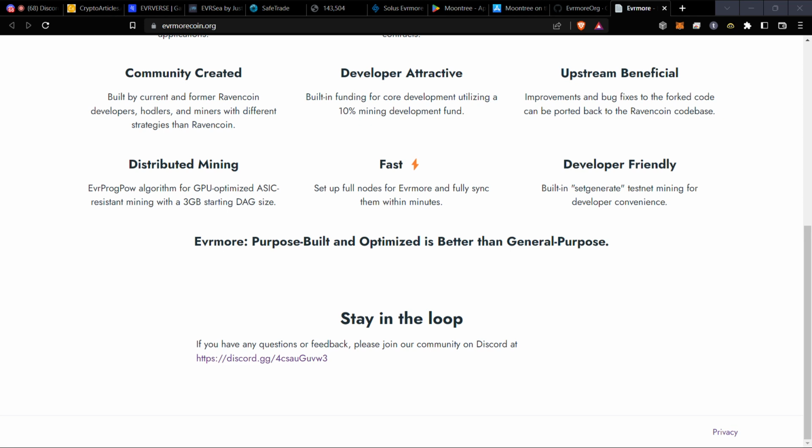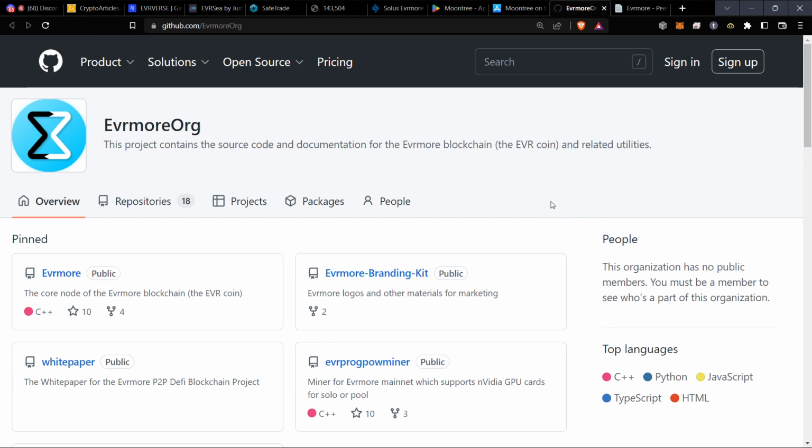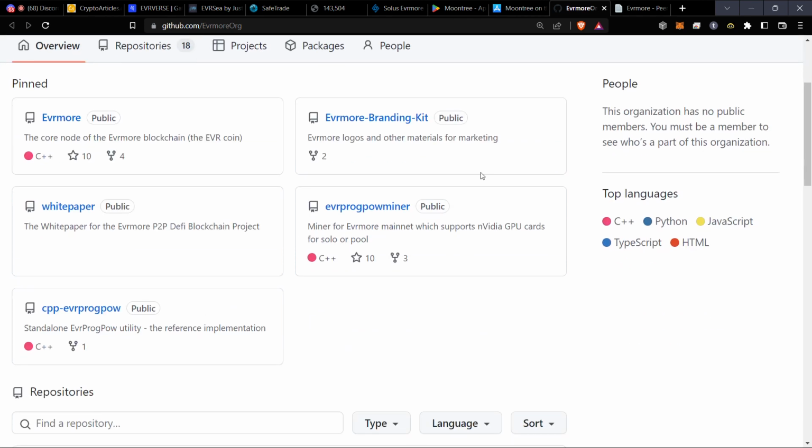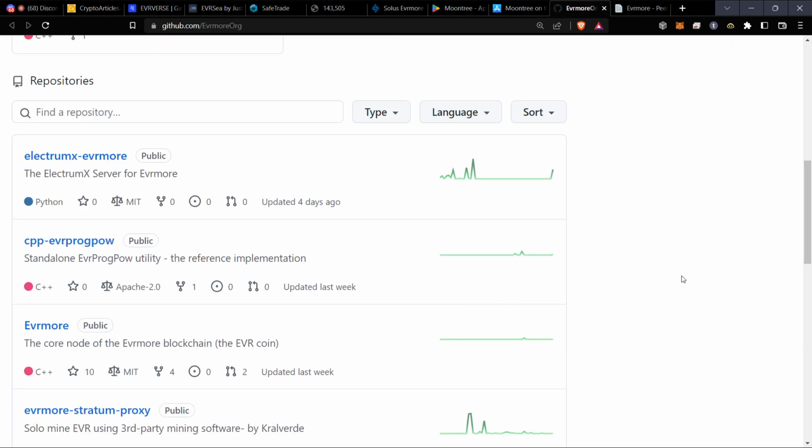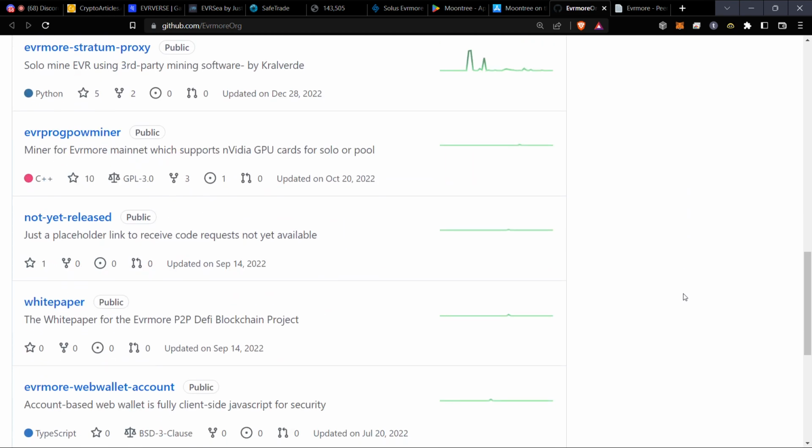evrmorecoin.org. Let's head on over to the second site, which is the GitHub. Of course, if you want to help improve the Evrmore blockchain, you can head over to github.com/evrmore.org. What they have for public is the Evrmore branding kit. If you need some branding material, they have the white paper here, Evrmore ProgPow miner. If you want to work on a miner or just create your own miner algorithm, they have the C++ Evrmore ProgPow and a bunch of repositories here for Evrmore. You can check it out at